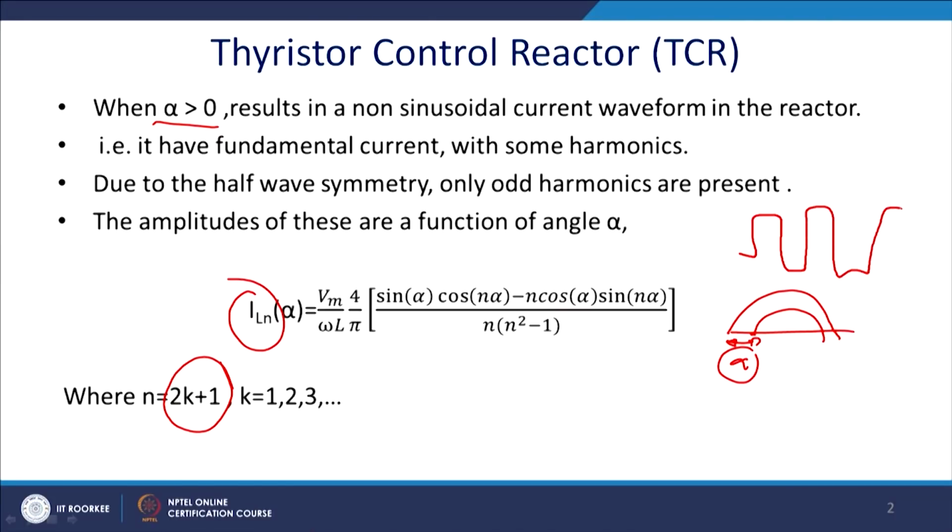That is also something we can play around with: we can choose alpha in such a way that a particular harmonic may be removed. So, only one harmonic can be removed by it, as we have studied in the case of selective harmonic elimination, where we have only one triggering. Once you have multiple on and off in a half cycle, then we can eliminate multiple harmonics, but we can eliminate only one harmonic here.